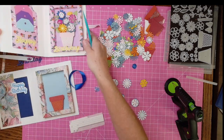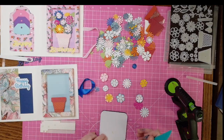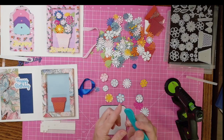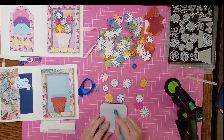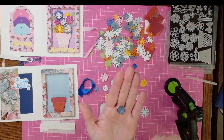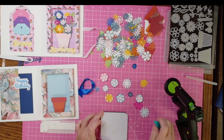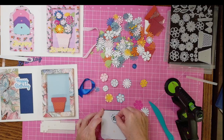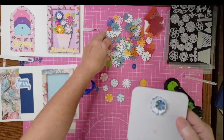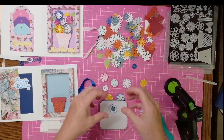Another thing you can do, once I find my little mouse pad, here he is. Mouse pad or coaster, these little guys right here, and your little tool, just simply take the back side and rub it around into circles on top of him. And when you do that, you end up with a flower that is totally curled. And that looks great in these shadow boxes. If that was on top of a card, it would be flattened really easy. So now I have two things curled up to look more realistic, like a flower should, instead of being totally flat. I know it's harder to see dimension in the camera because the camera is facing straight down, but trust me,